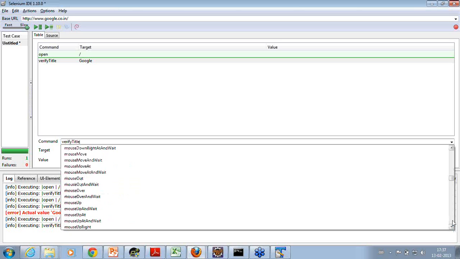Quite a number of them are there, which are more than sufficient. In fact, you will not be using all of them. Only a subset of this is sufficient for you to automate the major functionality of your applications.